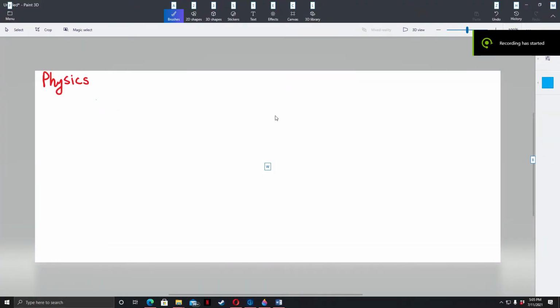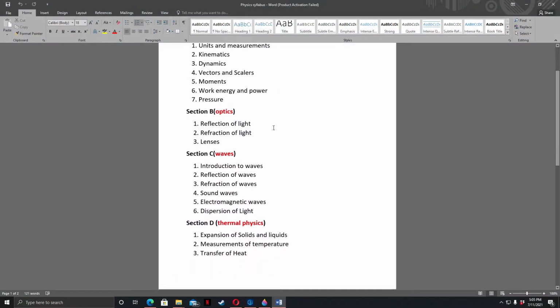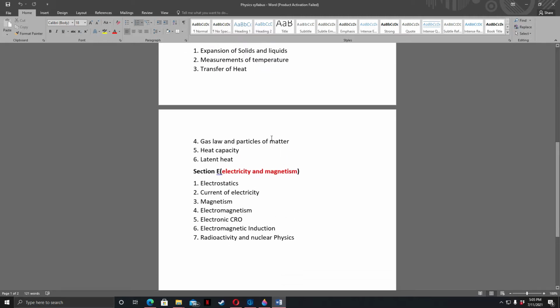So we were doing physics O levels, GCE physics, IGCSE, and physics at Excel. Before I get into the paper pattern, how many papers there are and the components of it, I would like to give a brief introduction to the syllabus. We have a total of 5 sections, and a total of 28